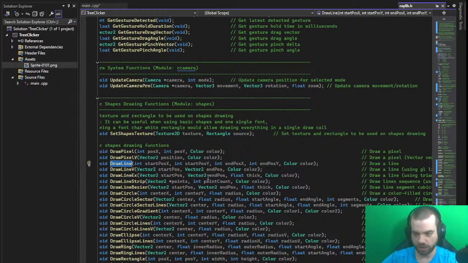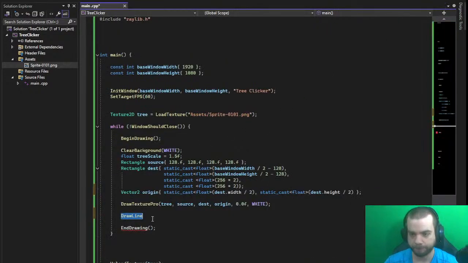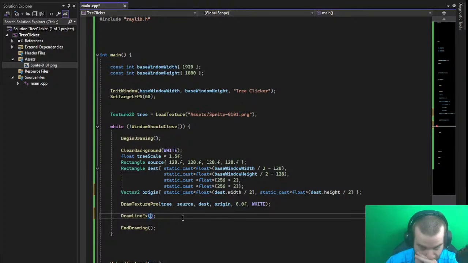Start position, end position, thickness, color, EX, I believe. Draw line EX. Start position is going to be